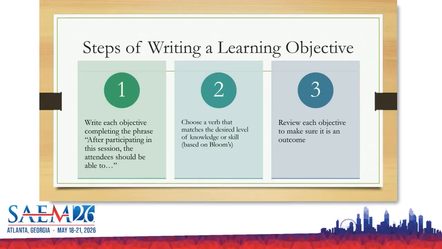And then you're going to review each objective to make sure it is an actual outcome. And that's the really key part. Like if you get nothing else from this, make sure it's specific. Make sure it's observable in some way, because otherwise you're not going to know if you met it or not, and you're not going to be able to tweak future things. You're not going to be able to assess anything. And it doesn't matter if it's a paper, if it's a formal assessment, or if it's you just being like, did this case run the way I thought they would, and they would get X, Y, and Z from it or not? So you have to be able to do that.